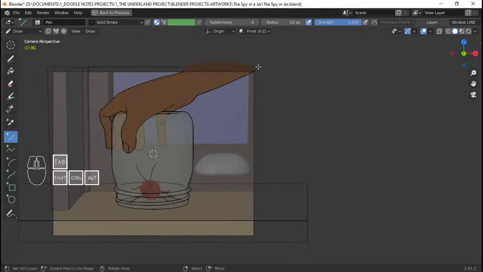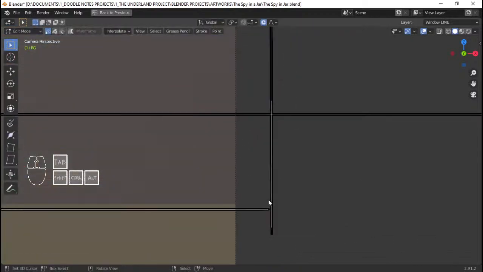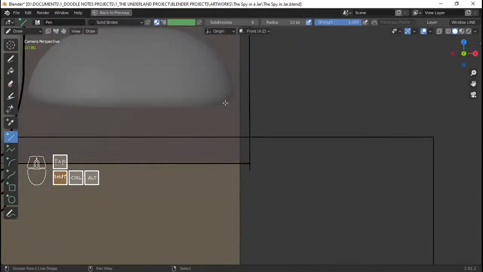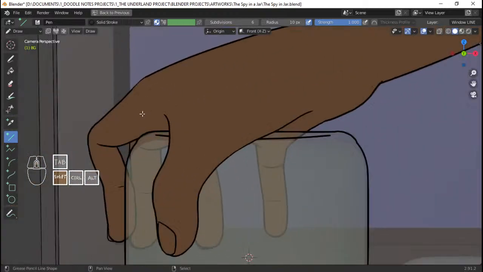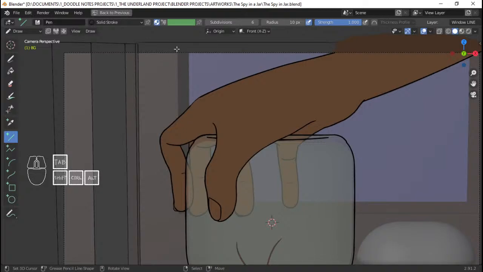I'm gonna keep going here. Going down right there. And there we go. I can then add even more lines here. So just a line right there up to this bottom part right here. Enter that.